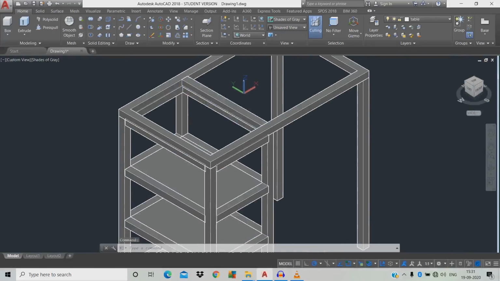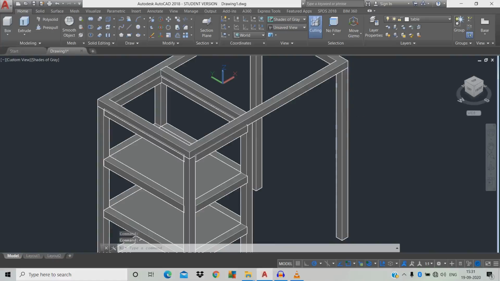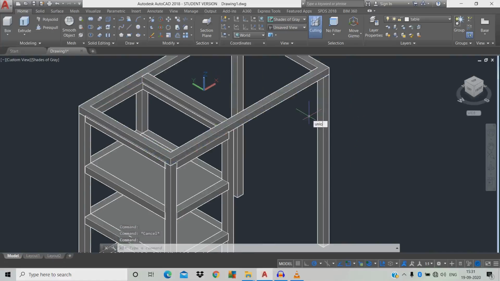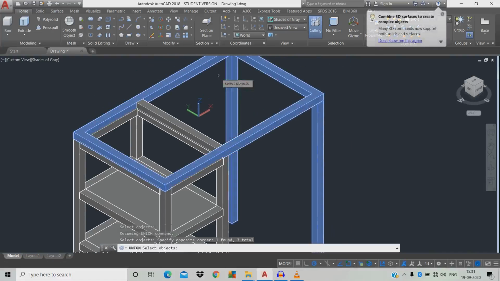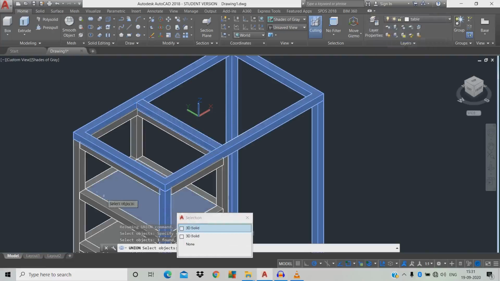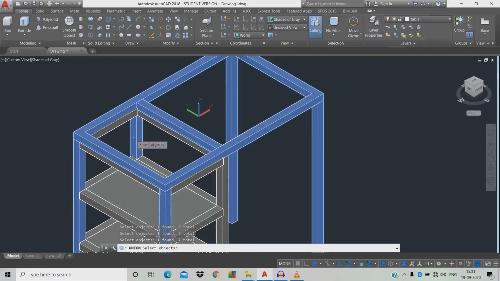Okay, now there are so many objects, so we're going to make it single. For that, UNION, space, click the objects that you're going to make a union, space.